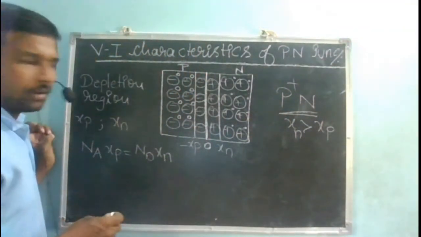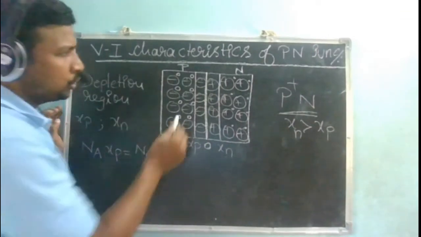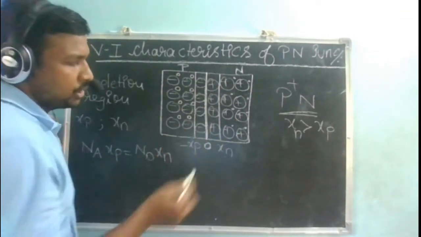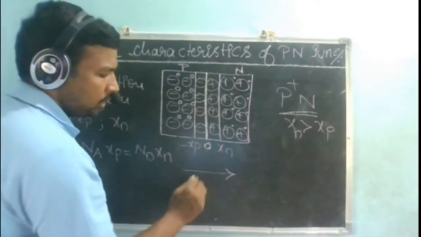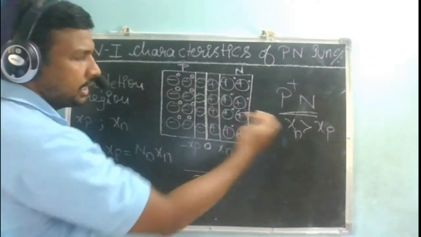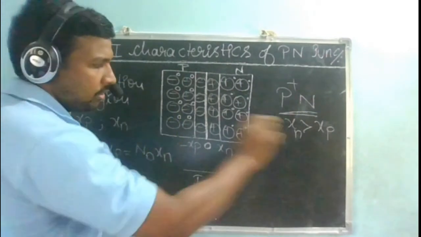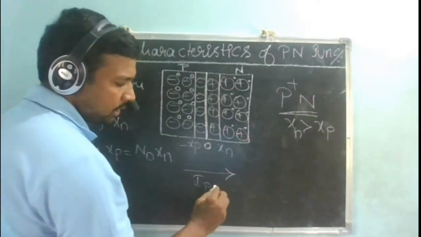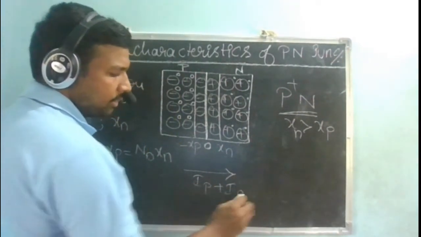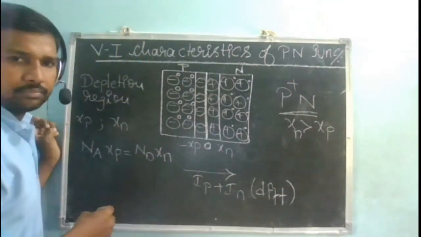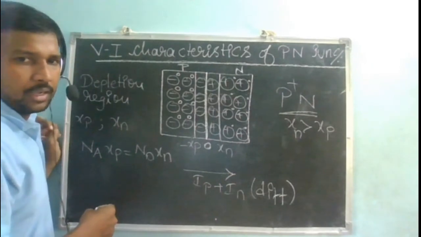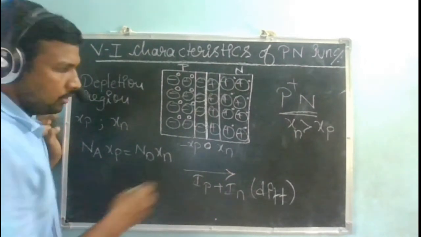Right. So because of the diffusion of charge carriers, do we expect a current in this direction? Holes are moving in this direction, so hole current will be in this direction. Electrons are moving in this direction, so electron current will be in this direction. So the total diffusion current will be from left to right. Is it existing? No, sir.